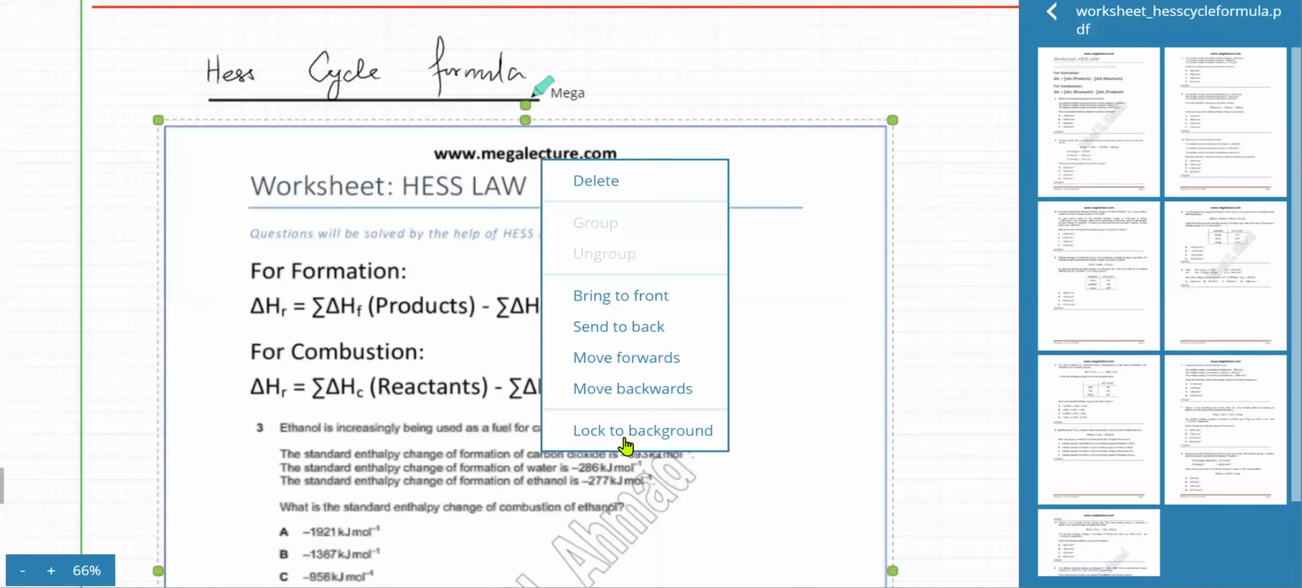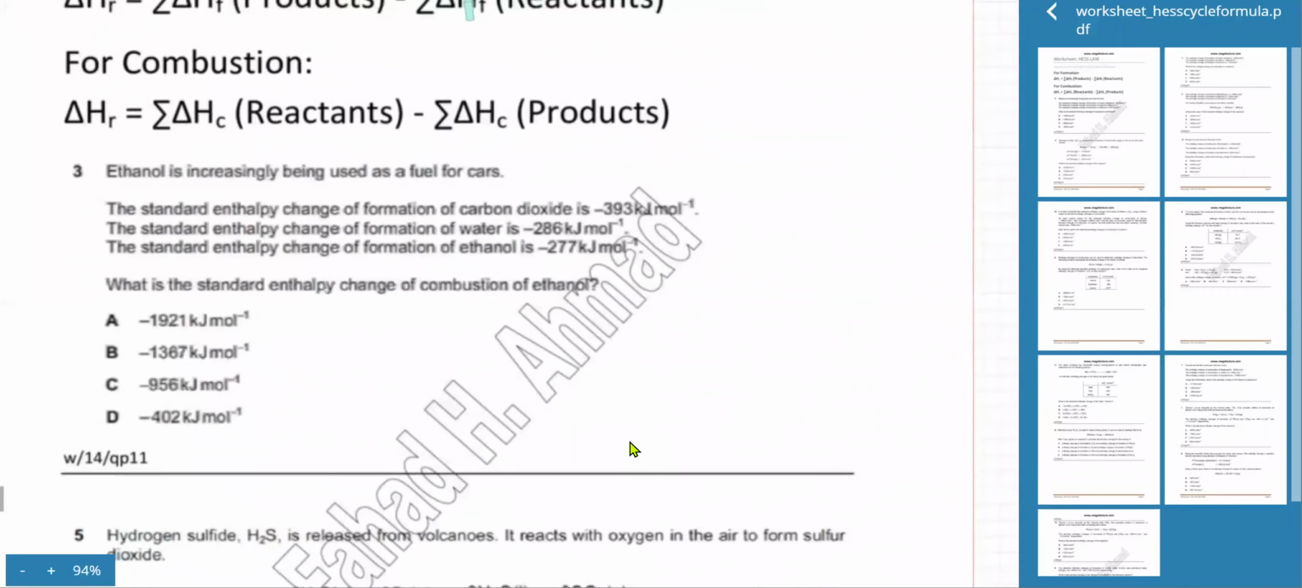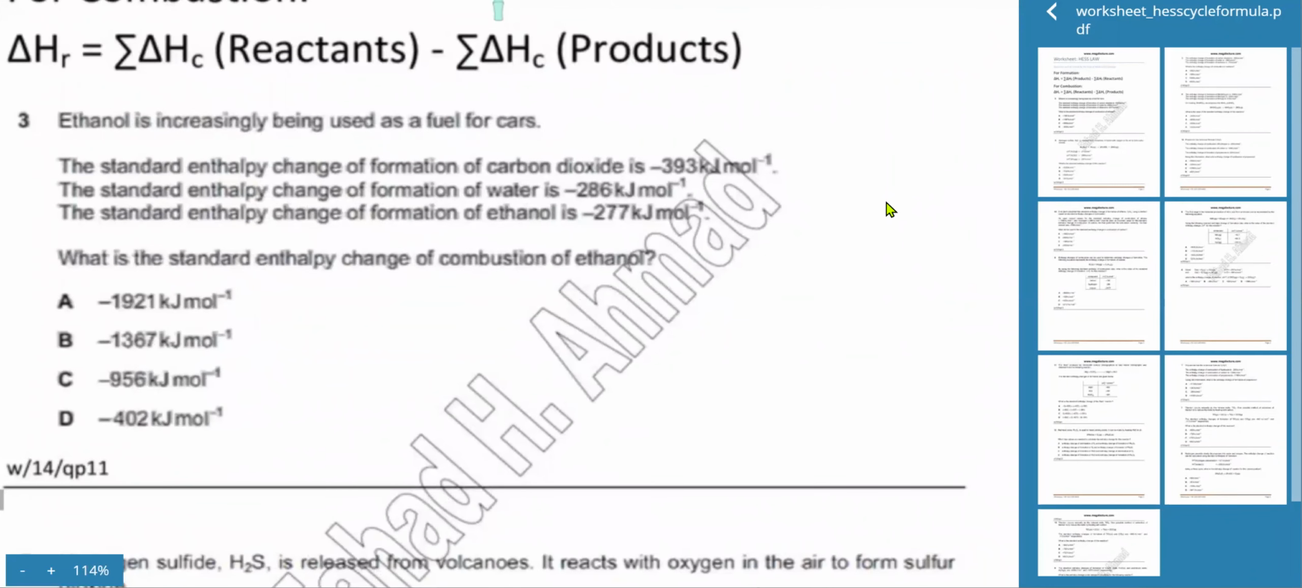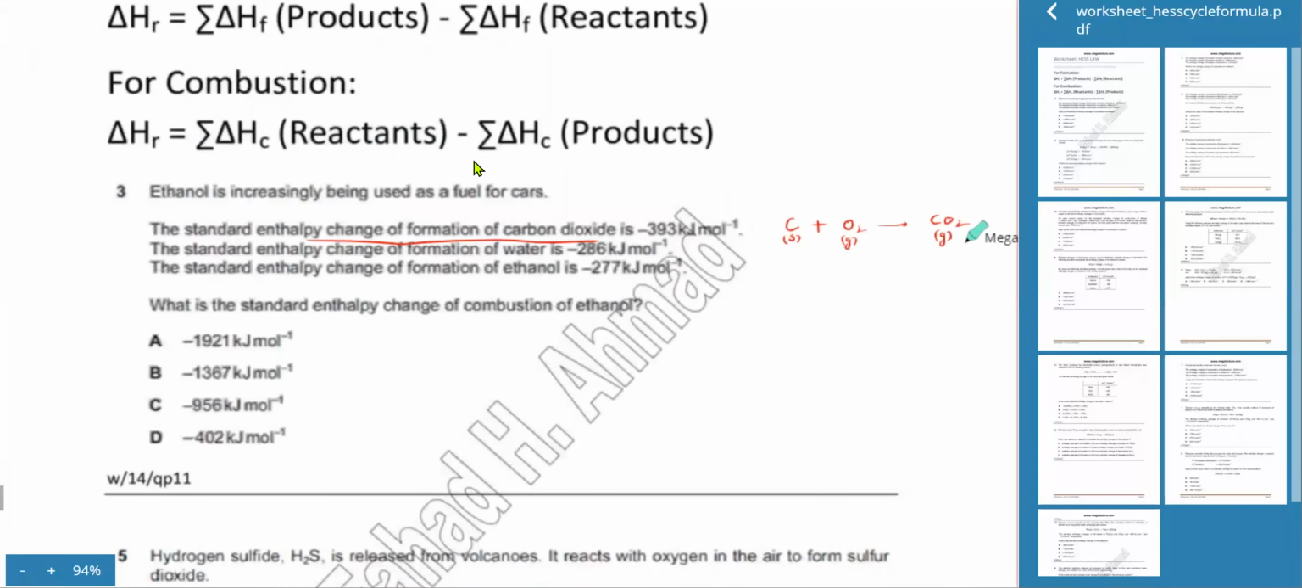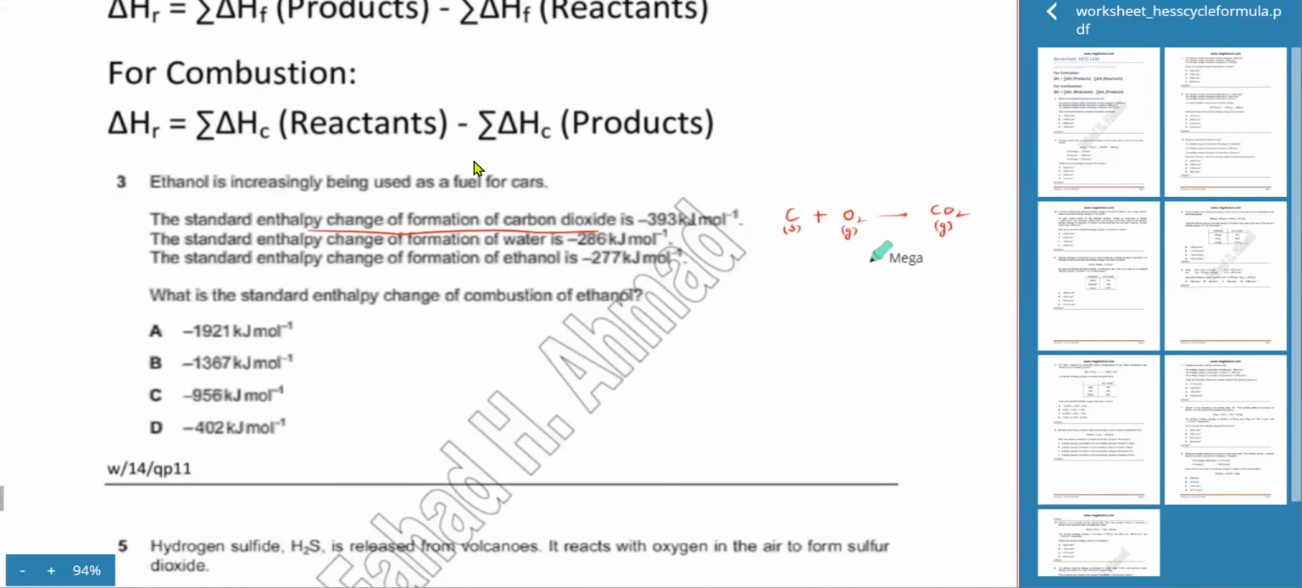But before jumping on to the formulas, we need to first understand how this is going to work. So there's this question given, and the question states that ethanol is increasingly being used as a fuel for cars. The standard enthalpy change of formation of carbon dioxide is given. So I'm going to write down equations. What is the standard enthalpy change of formation of carbon dioxide? Formation of carbon dioxide is carbon dioxide formed from its elements, and they should be in their standard state. So it's going to be solid and gas, and this would be gas as well, right? So this enthalpy change is minus 393